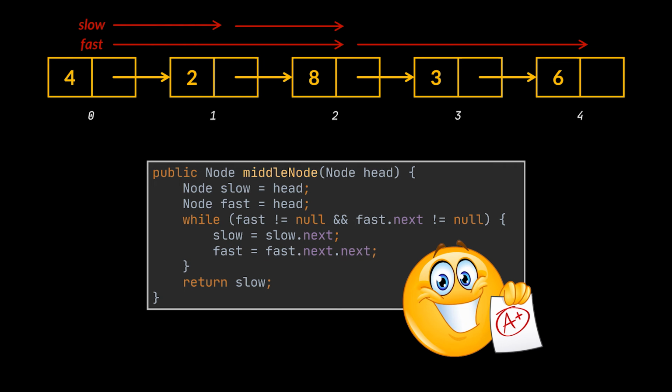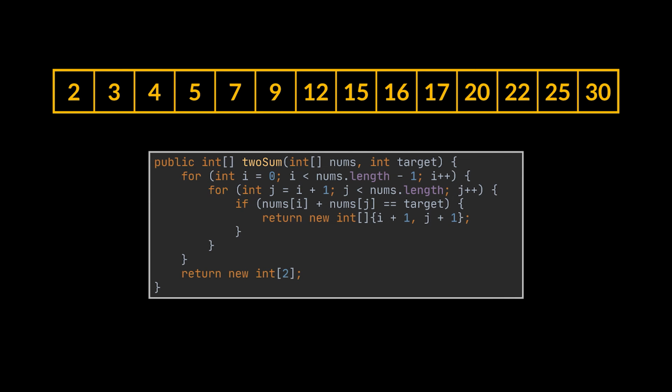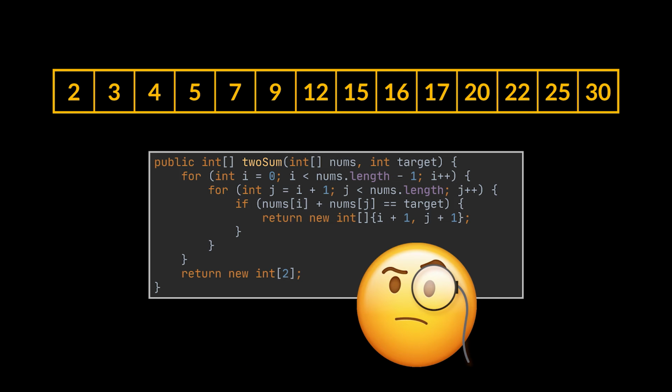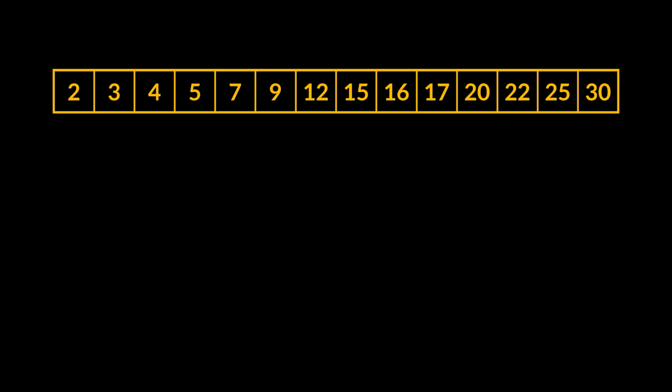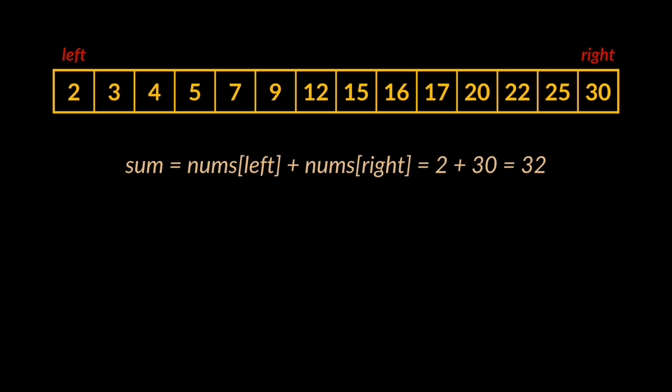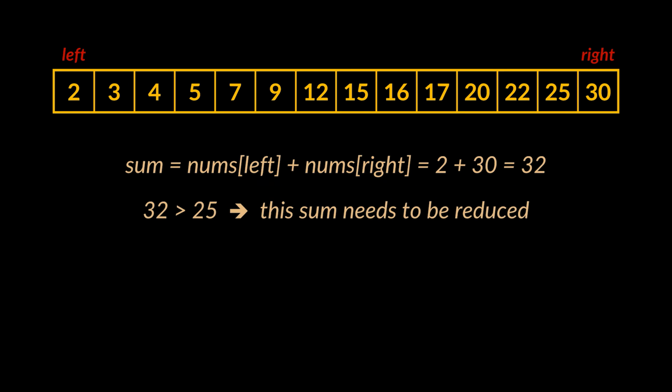Let's bring back our sorted array and that quadratic solution we had. You see, the main problem with that solution is we didn't make use of the sorted constraint that was given to us. So how do we do that? Well, consider these two pointers, one pointing to the beginning of the array and the other one to the end of the array. If we add the values at these pointers or indices, we will get 32, but the target sum we are looking for is 25. So that sum we obtained needs to be reduced, and given our layout, we have two choices: either increase the left pointer or decrease the right one. Those are our only two moves, right?